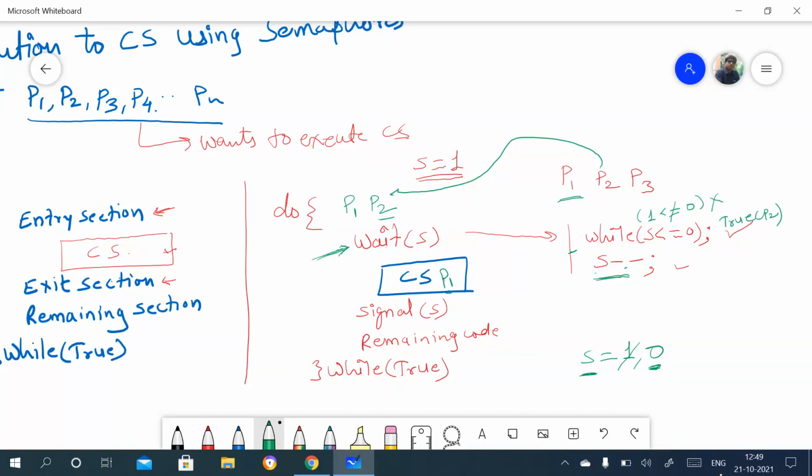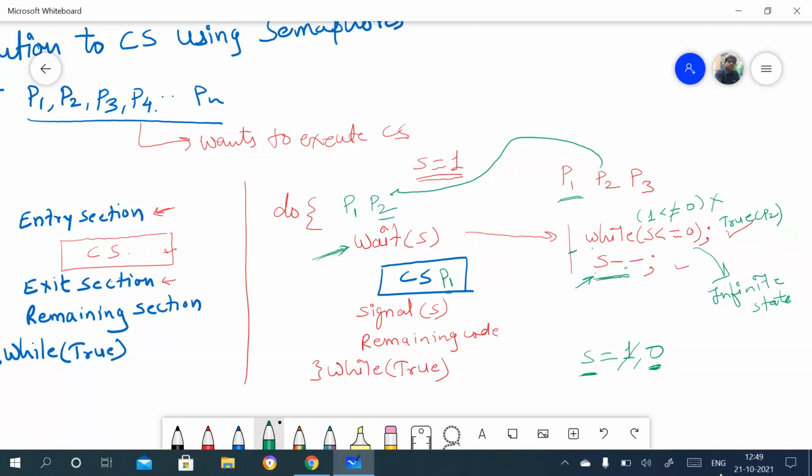As this condition is true, this loop will enter into an infinite state, because there is no termination condition, because S is 0. So this loop is in the infinite state, and control is not going to the next statement, which is S minus minus, right?